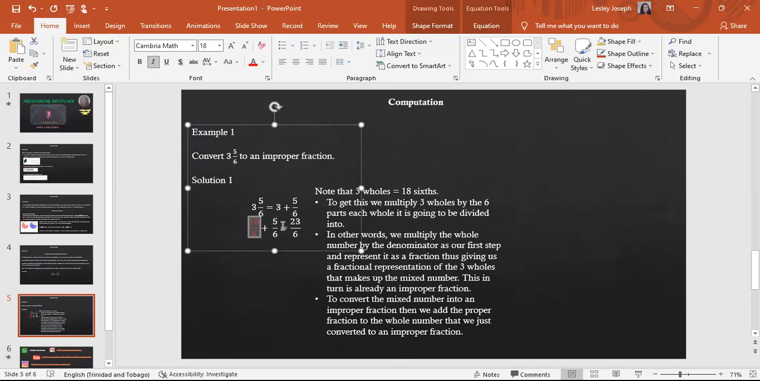Now, all we need to do after this to convert the entire mixed number into an improper fraction is simply add the proper fraction to the improper fraction we got from the whole number. So this is where we get 18/6 plus 5/6, which gives us 23/6. So therefore, our final answer, and I always want you to write your answers like this,